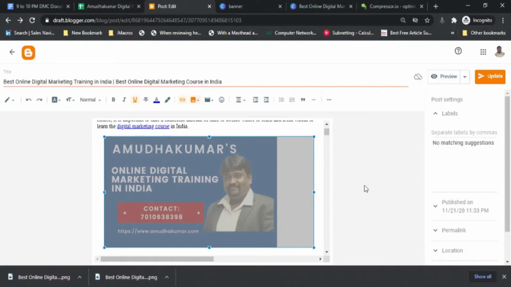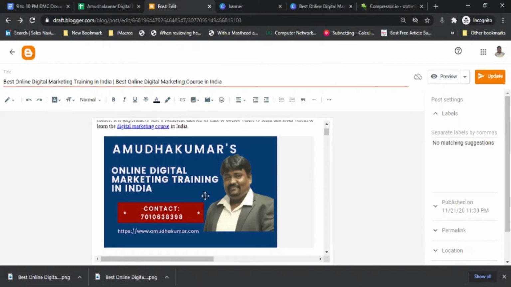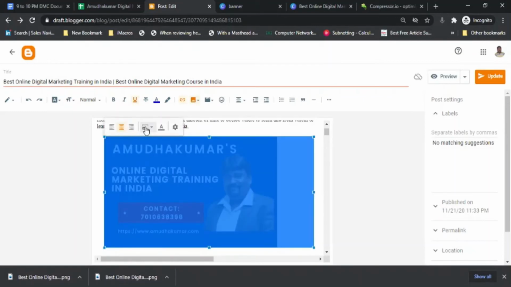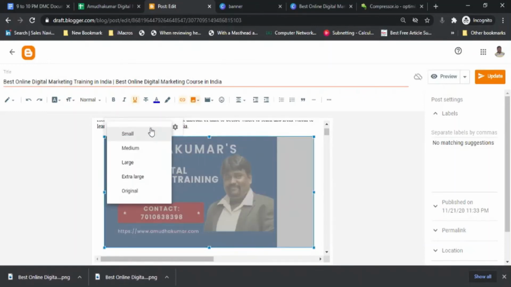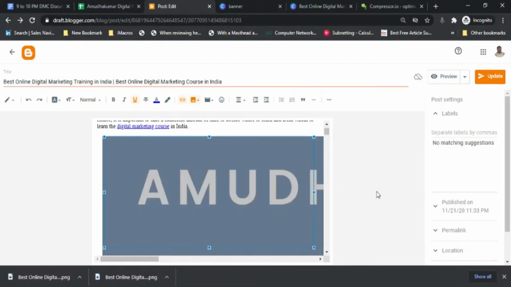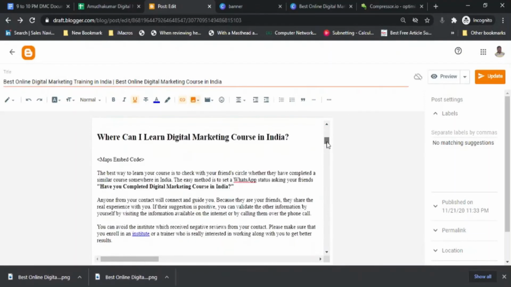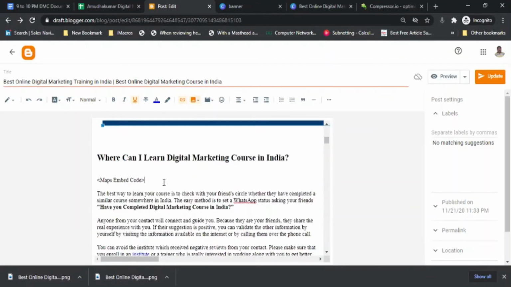I click on the size of the image and it becomes bigger. Where I have to put my image, I can even select here. I can put my original size. So this is how the image looks like in original size.